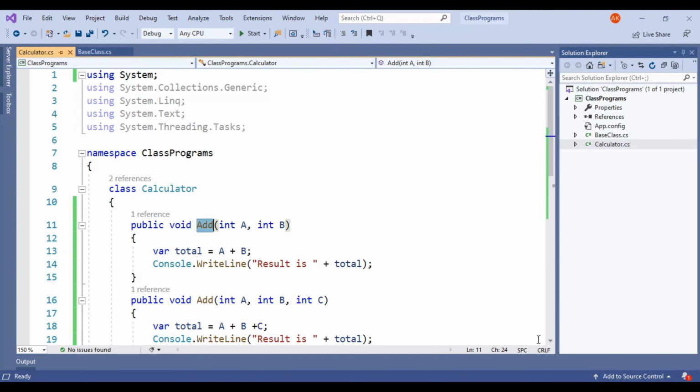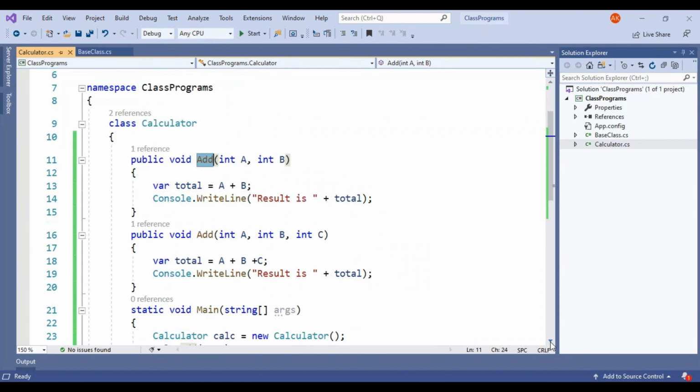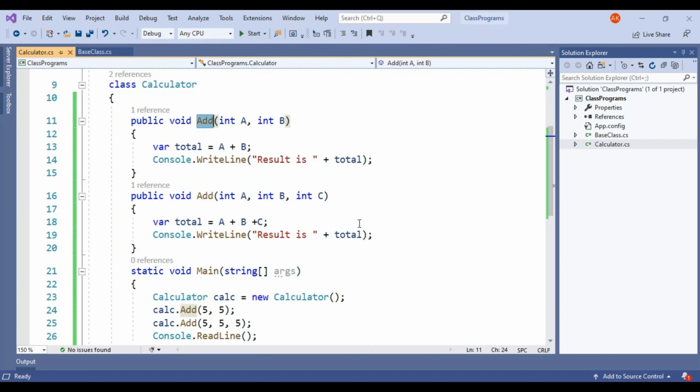I have already created this calculator class. Inside of this we have two methods which have the same name but different parameters, which is known as method overloading.